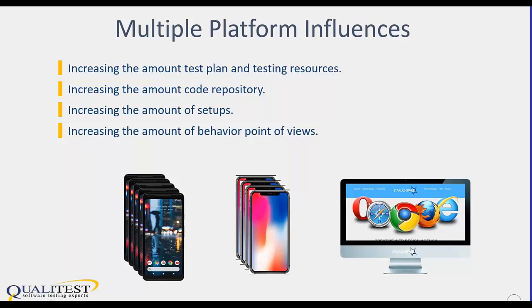So it's a lot, and of course we have 4 different browsers that compete with each other, like Chrome and Firefox. So it actually increases our number of test plans and testing resources to test everything, even in automation the classic ways. It increases our code repository because we need to duplicate a lot of the functions that we write,